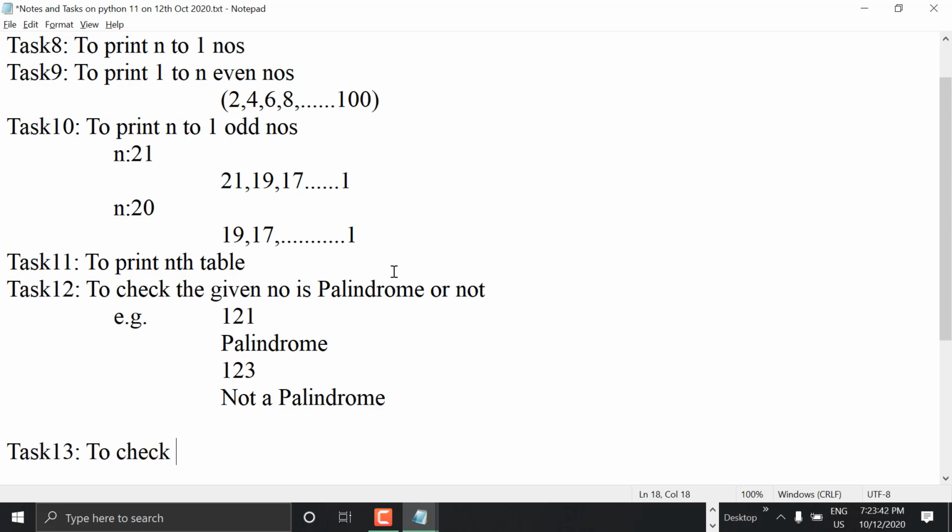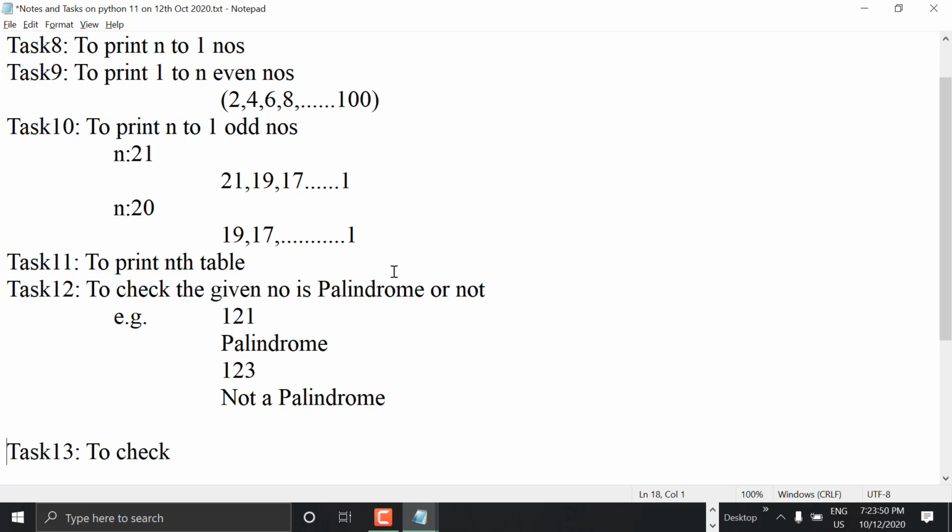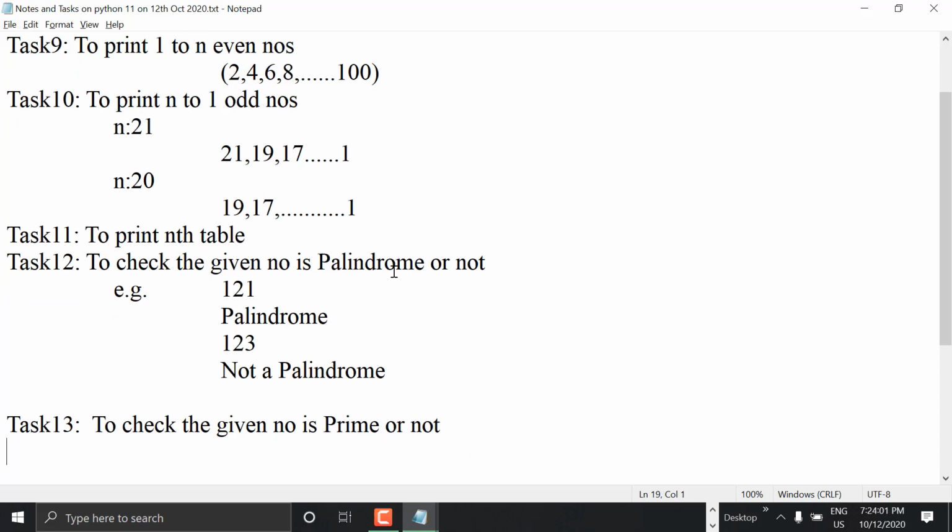What else? There is something called Armstrong number. This is also a logic like, yeah. No, no, no, no. That is the wrong logic actually. People will feel like that. Let me tell you. First, you need to try this. Let me tell you the logic for this Armstrong number or not.